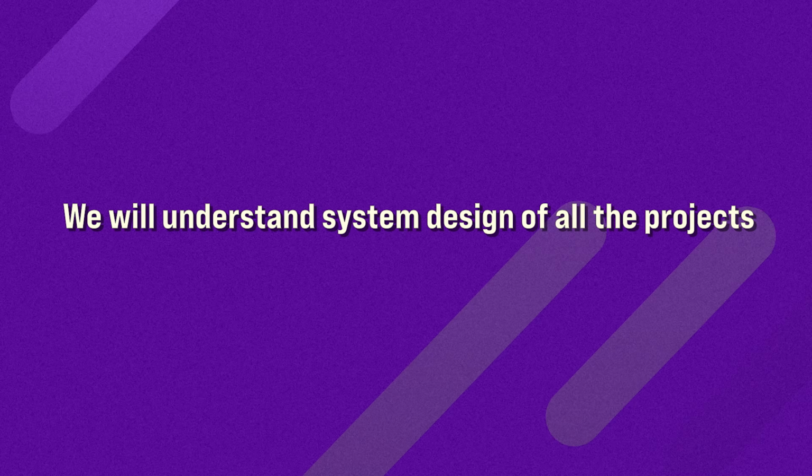Now, because a lot of things are going to be done by AI, language is not any kind of friction. Language is just going to be a means to make meaningful projects. So we are going to understand some important system architectures, right? We'll take very different types of projects, understand how the system design of these projects is done, and by taking those system design concepts, we'll try to implement them.